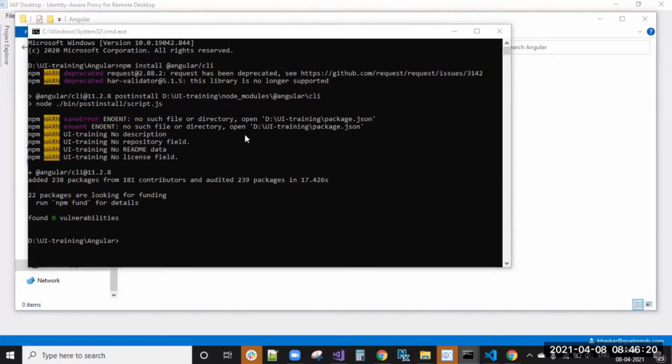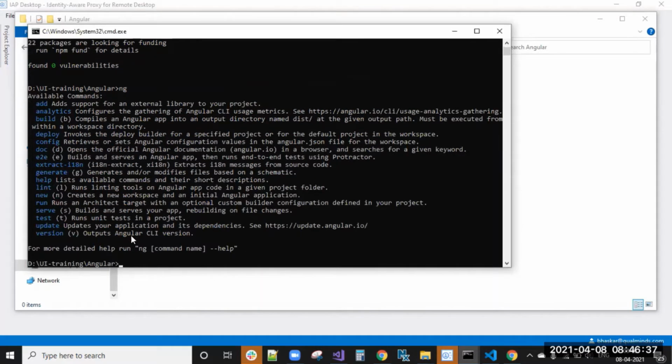After installing the Angular CLI, the next step is to check with ng. If the Angular CLI is installed successfully and you run ng, the ng command will run.